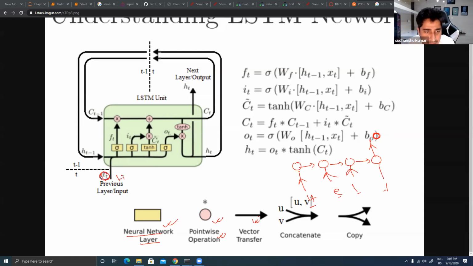So here I can try to give H over here. Now H will get inside this one, the first one that you are able to see. So H will get inside this one. Now what is this? It's nothing but a neural network layer. So this representation is nothing but a representation of a neural network layer.